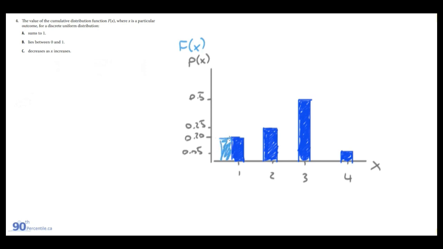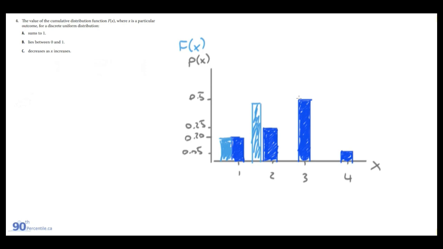The first value is just going to be the same for the cumulative distribution, so 0.2. And then here, for 2, it's going to be 0.45, which is 0.2 plus 0.25. So it looks something like this. And then for when